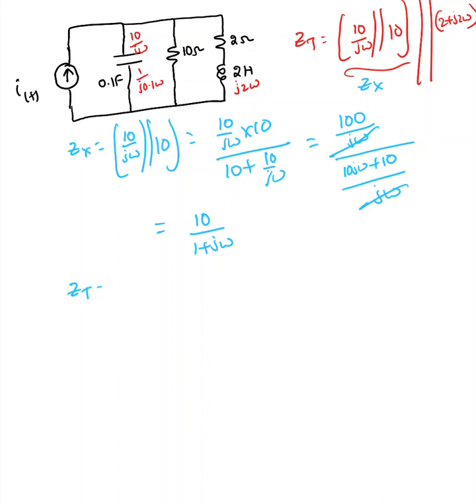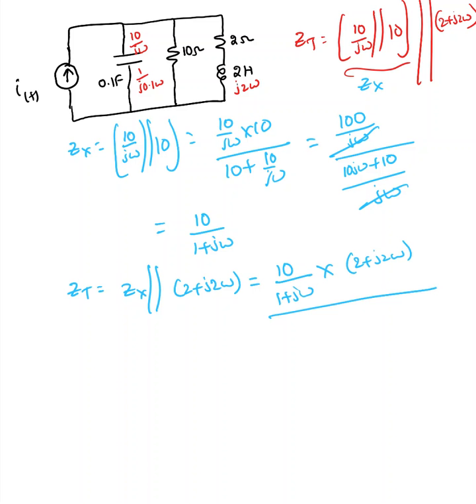So z total equals zx in parallel with 2 plus j2 omega. So that zx is 10 over 1 plus j omega times 2 plus j2 omega divided by 10 over 1 plus j omega plus 2 plus j2 omega. It's a tedious calculation, but please pay attention. If you make a small error, that will escalate and your answer is going to be totally wrong. Okay,